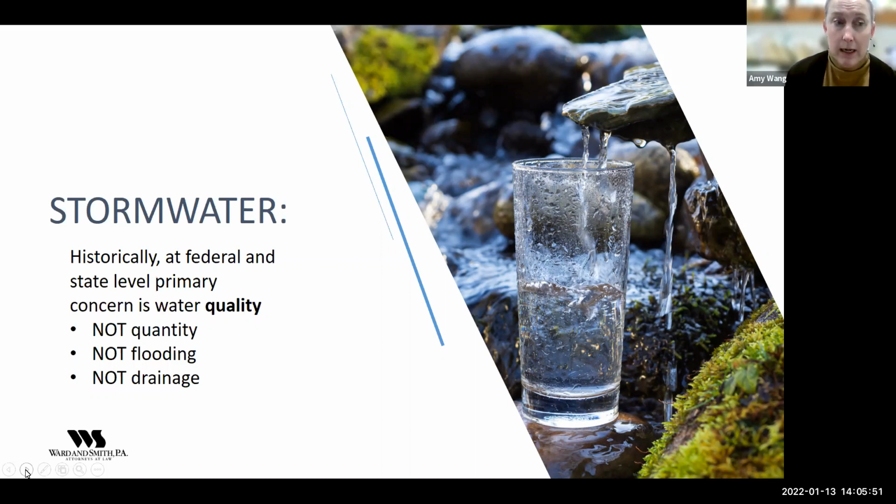Stormwater management is intended to prevent pollutants that are in the flow from impacting surface water resources, whereas drainage plans address the volume and the direction of flow, but not what's actually in the flow.